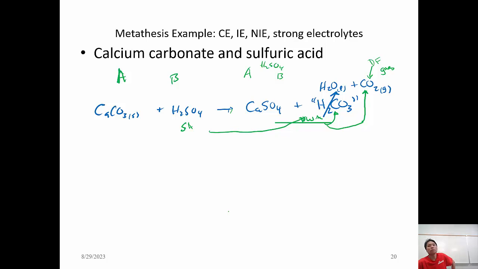Precipitation. Now, we have to look at sulfates. You know, calcium is not a group 1 or ammonium. So first we look at the cation. It's a group 2. Therefore, we're going to look at the anion. Sulfates are all soluble or insoluble? Sulfates are all soluble. Except for